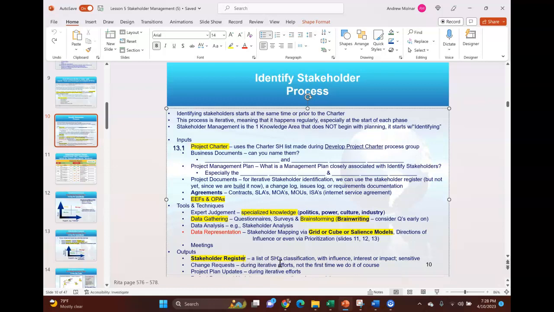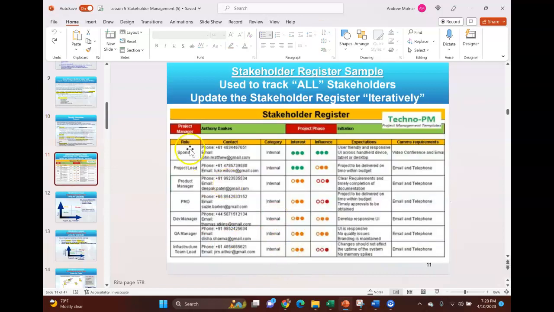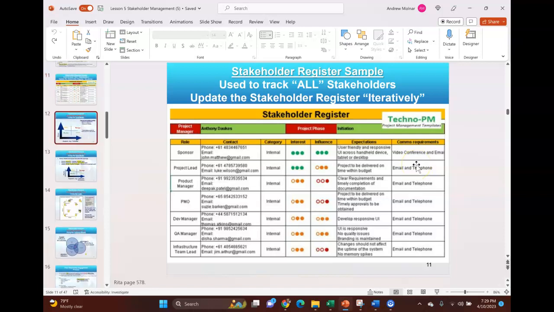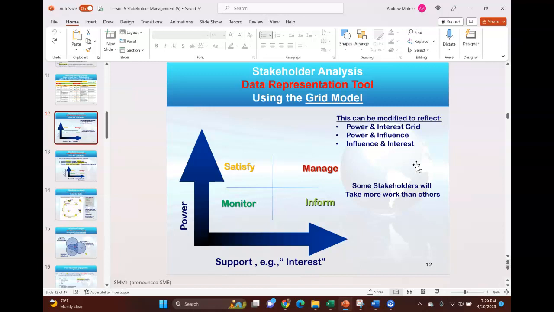Now, what might that list of stakeholders look like? Well, here's a good example. I would list myself, the project manager here, and what project phase we're in, and the role of the stakeholder here, some contact information. Too often we stop there with stakeholders, but I want to know, are they internal or external stakeholders? What's their interest level in the project? What's their influence or power in the project, right? What do they expect out of the project, right? And so that's going to drive how I might communicate with them. That's a good stakeholder register example. I provide another one on Moodle for you to reference.